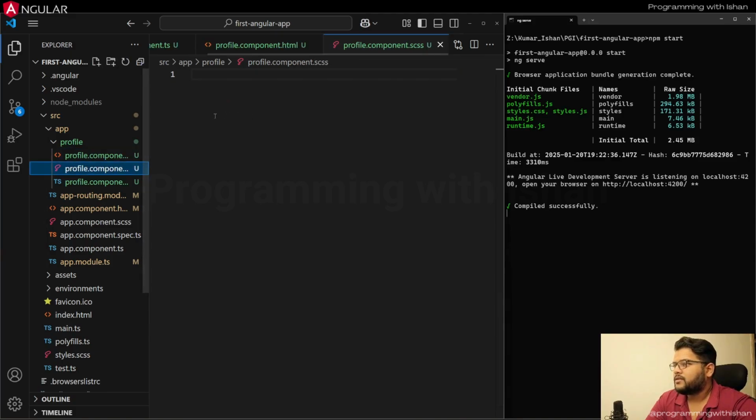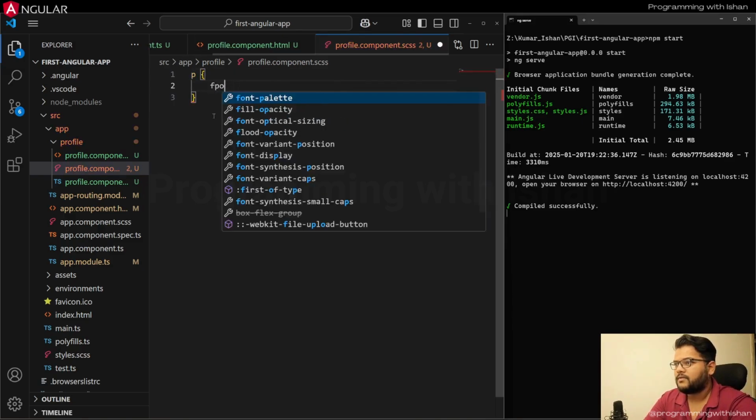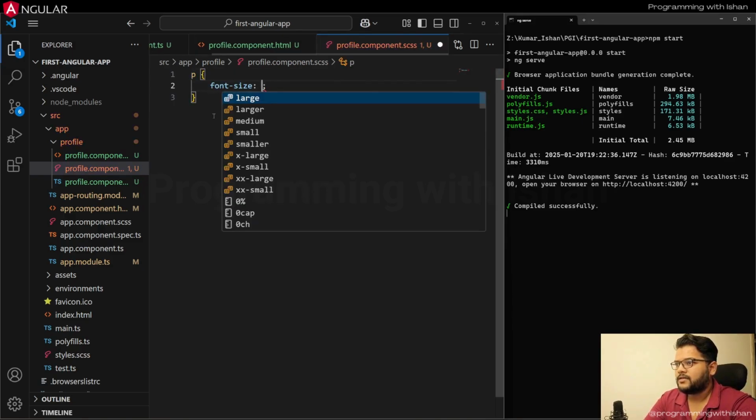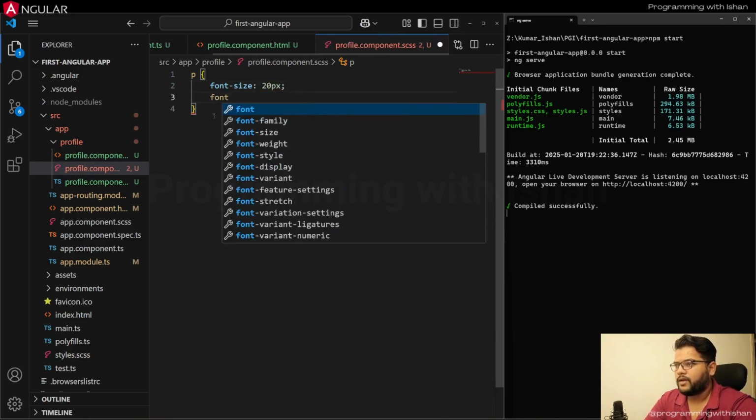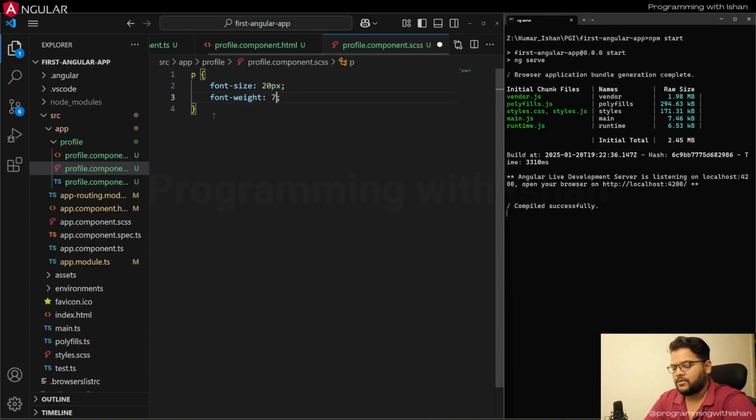The second part is the CSS file. So let's add some styles to this paragraph tag. Let's have a font size of 20px and font weight, let's say 700. Now we have created the component, we have successfully created the styles as well as the template, and we have attached them to the component also,